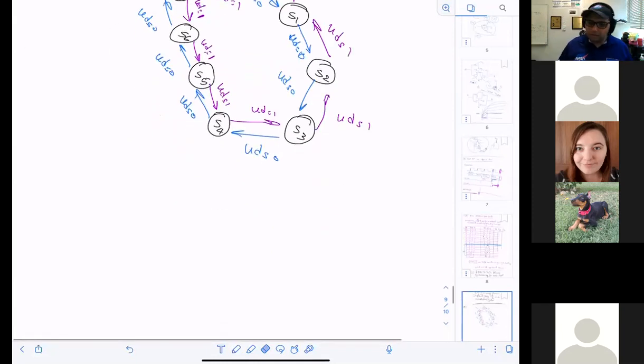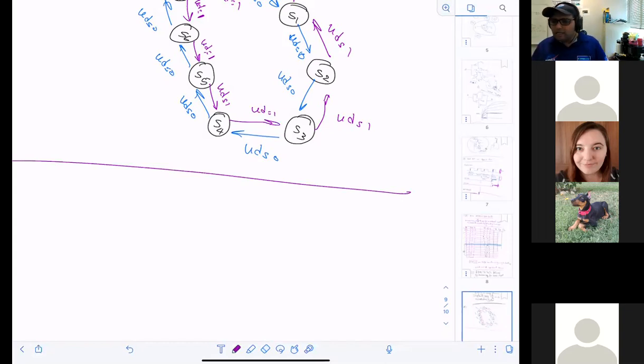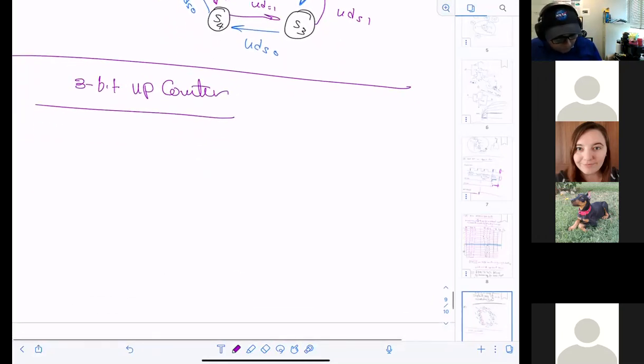The last thing I need to talk about today is modulo. In general, modulo is a ring, right? The even number comes from the power of the number of bits we have, which makes it easy. But what if we are looking for a number of states less than what the counter can give us? What does it mean? Let's say I have a 3-bit up counter. But what I want you to build,